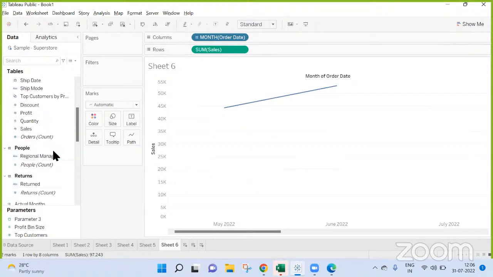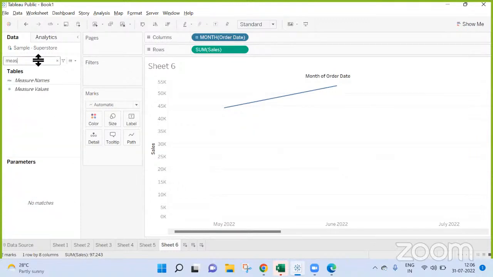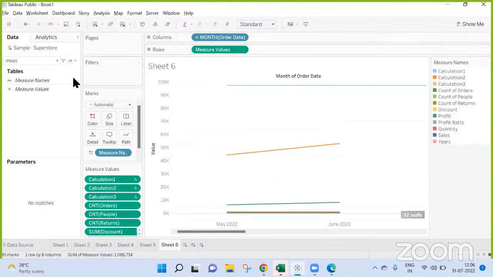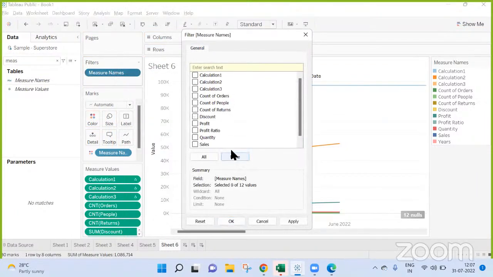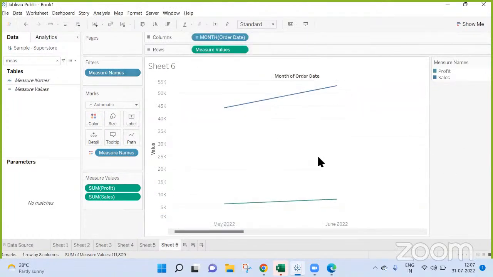Because in the same place, if I bring measure names to color, and here it is measure values, and here I'm bringing measure names to filter, filter on profit and sales, you'll get it based on those where marketing is.